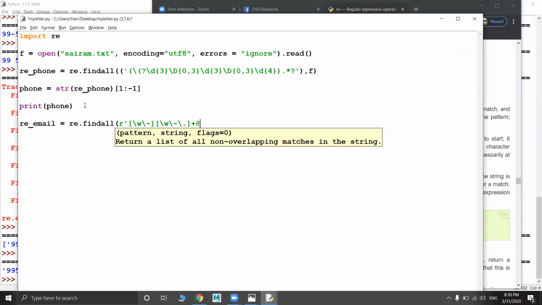See here, these patterns are different from one to one. You can use any other symbols. This is not fixed for everything. You can come up with your own pattern also by learning all those things.